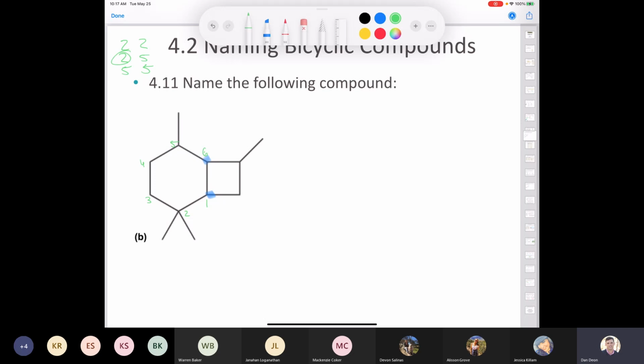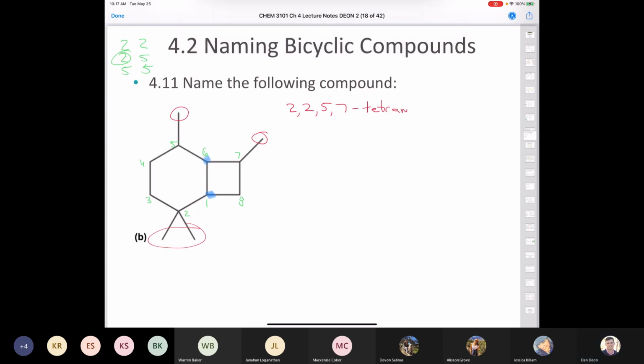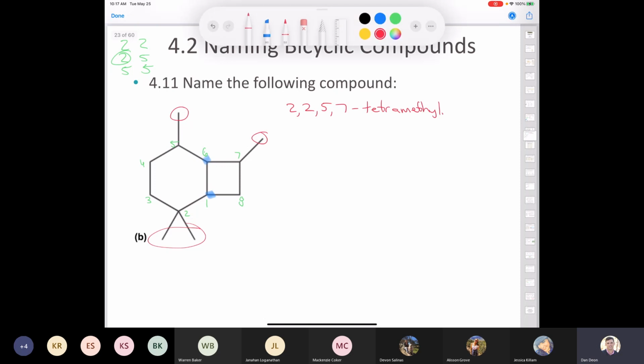Then we go to the next longest bridge, 7, 8. So we've got 4 methyl groups here. We've got 2 of them at carbon 2, 1 at carbon 5, and 1 at carbon 7. So we've got 2, 2, 5, 7-tetramethyl. That's a lot of methyl groups in the compound. And then we just have to identify how many total carbons